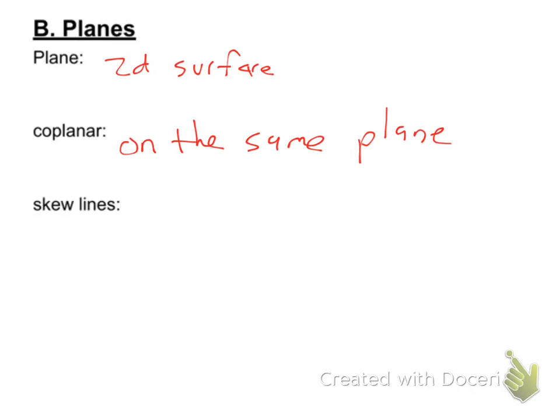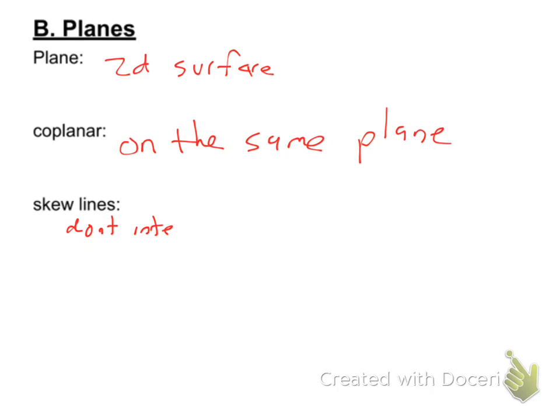Okay? Everything that's written on this board right now is in the same plane. They're all coplanar. Everything that's on this screen right now is coplanar. But what does it mean to have skew lines? Skew lines. Do they meet? No. So skew lines